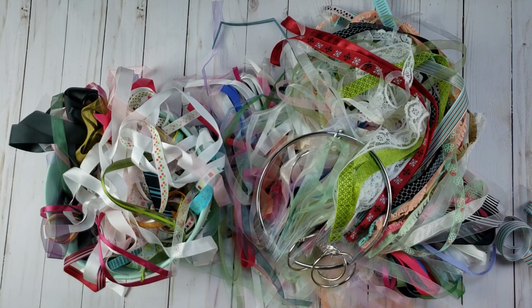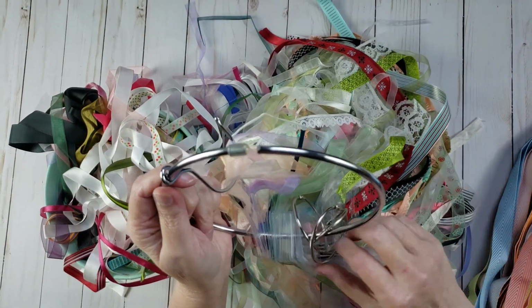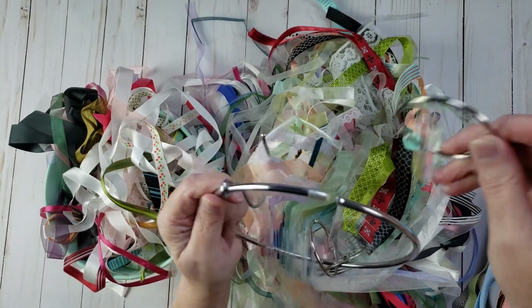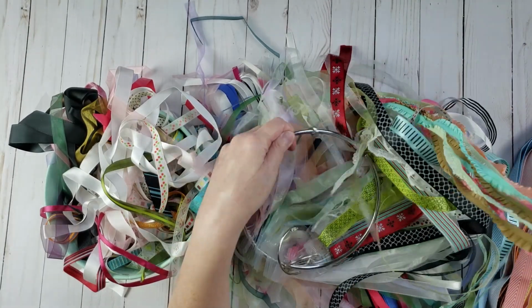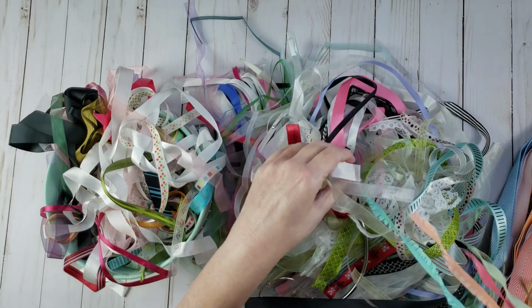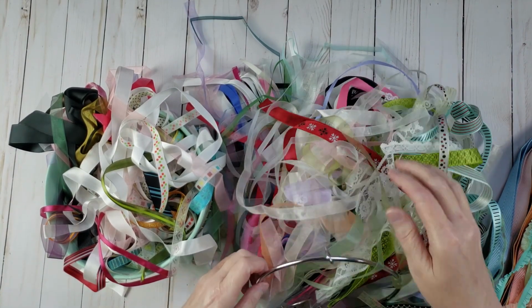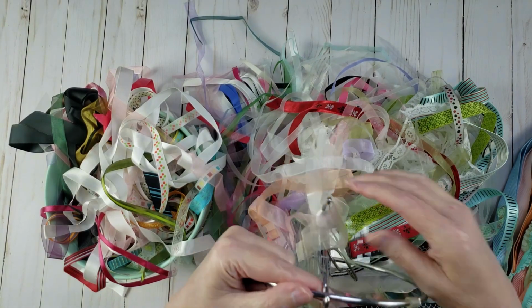So I have like this chevron ribbon, and then some of the other ones I have. You can also do it by color. Here's another one where I have some really pretty Stampin' Up! It's like a ruffled ribbon. So I have that kind of separated. And the nice thing about doing it this way is I hang this in my closet, and then when I